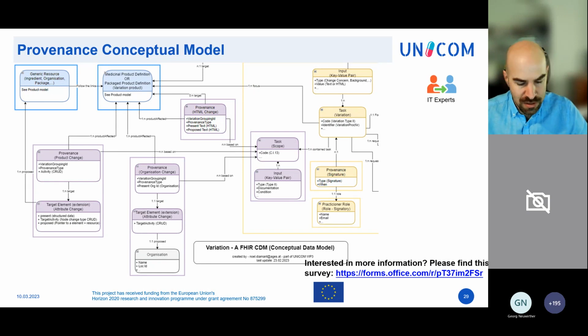You can say, this is my scope, and change something completely different as an applicant, but the system will log it. And it will show the change. So if you say, I'm doing an ATC code scope, but you change your device, the system will show a change to the device and will show the present and proposed fields of that device or any other medicinal product part.